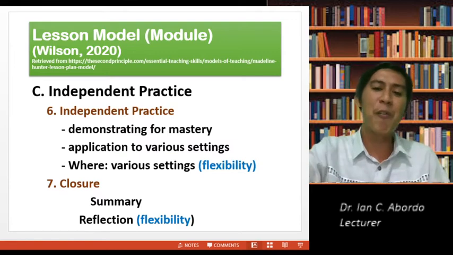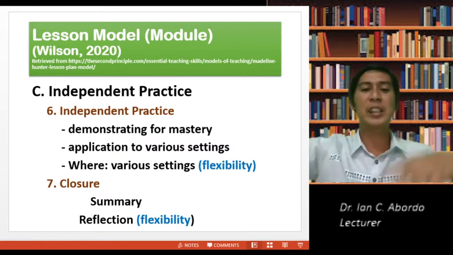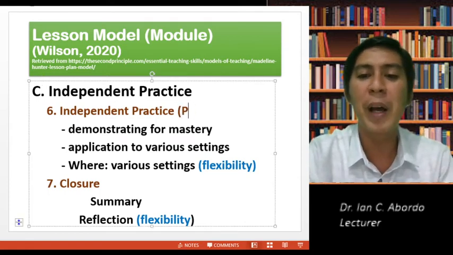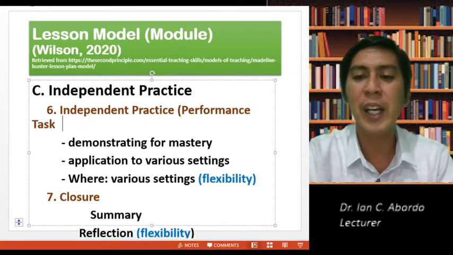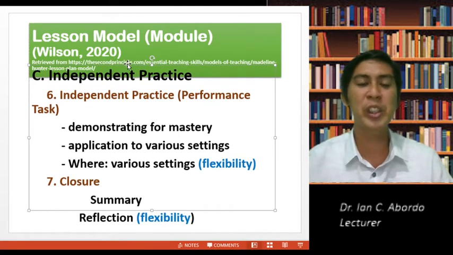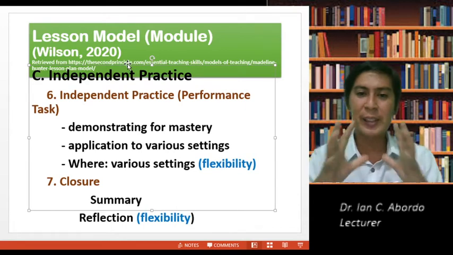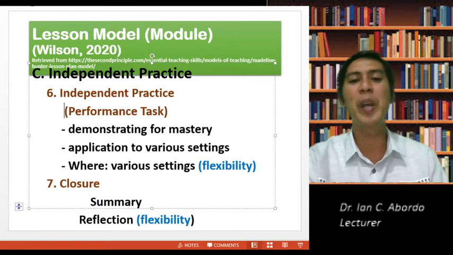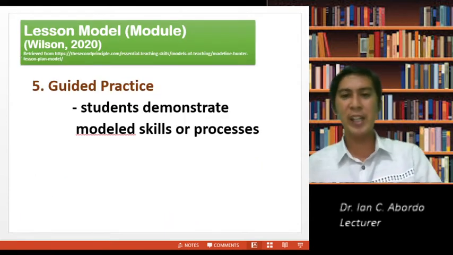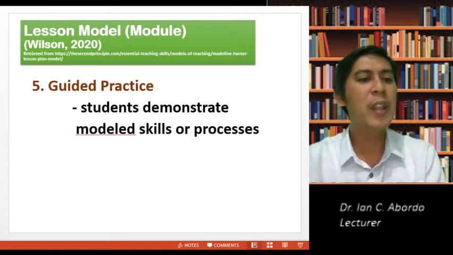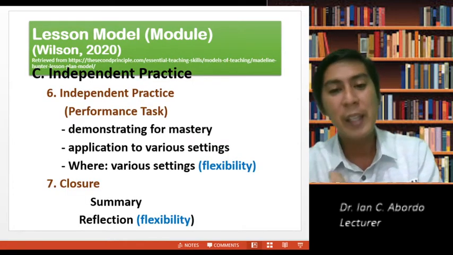Of course, you have flexibility here in the independent practice. Here you can start introducing your performance. You will introduce your performance task. All right. So I'm just putting it there so that I illustrate to you. I'm coaching live. Performance task. So you can put the performance task there in the independent practice, and there they will be doing after guided practice, right? So you can provide activities associated with, similar to independent practice.